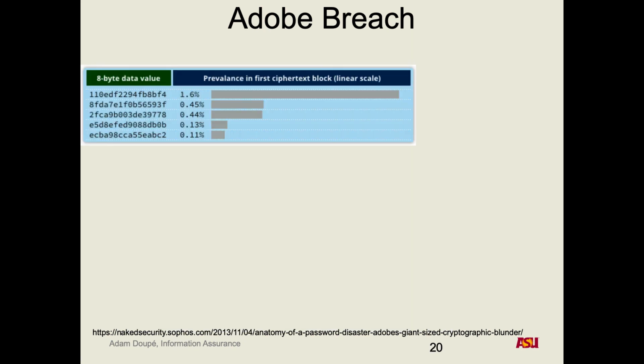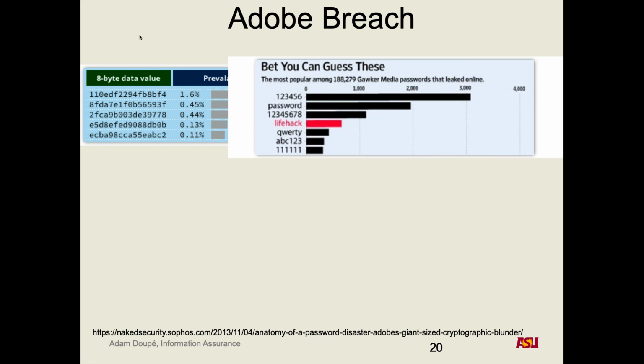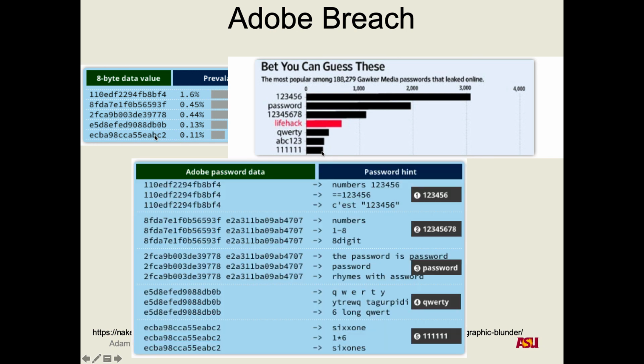And what they found, by reverse engineering this, were these top passwords. Oh, sorry. They used a different account, that's right. They used these top passwords that were linked in other data sets to map them here, to find out that, yep, all of these were the password 123456. Not a great password. 12345678. I think that's like twice as good. QWERTY 11111.